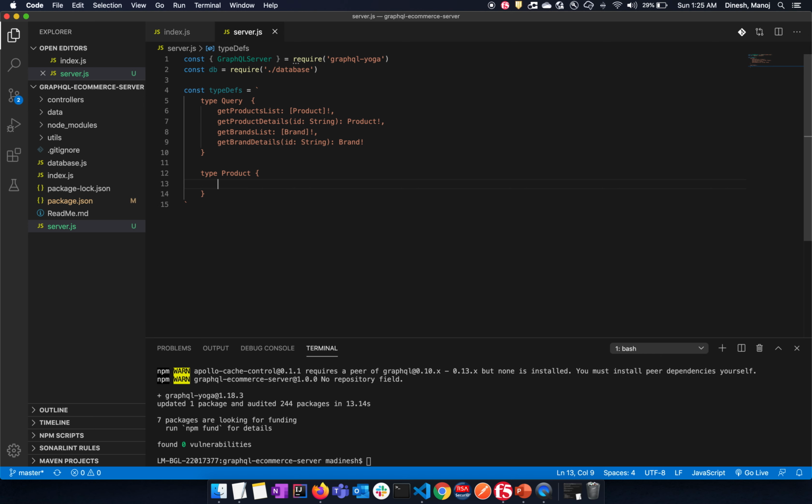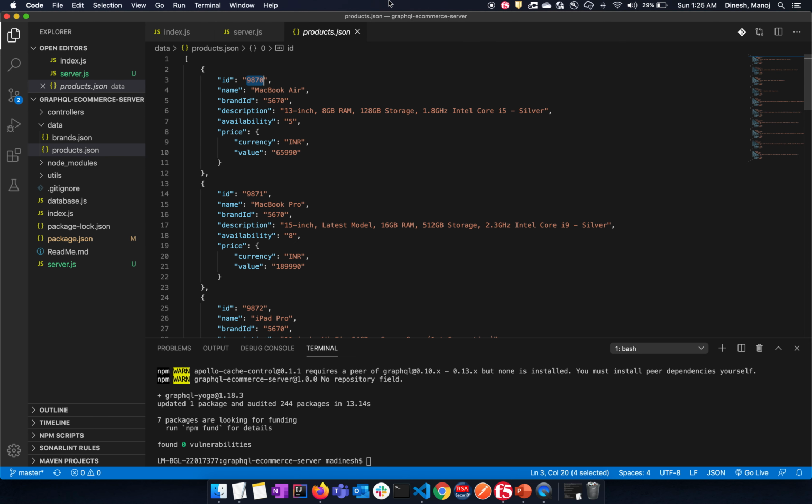Now this will be again what all it exposes. We can look at our JSON file. So it exposes ID, name, brand ID, description, availability, price. Price can be one more field which contains its own subfields for currency and value, which are scalar.